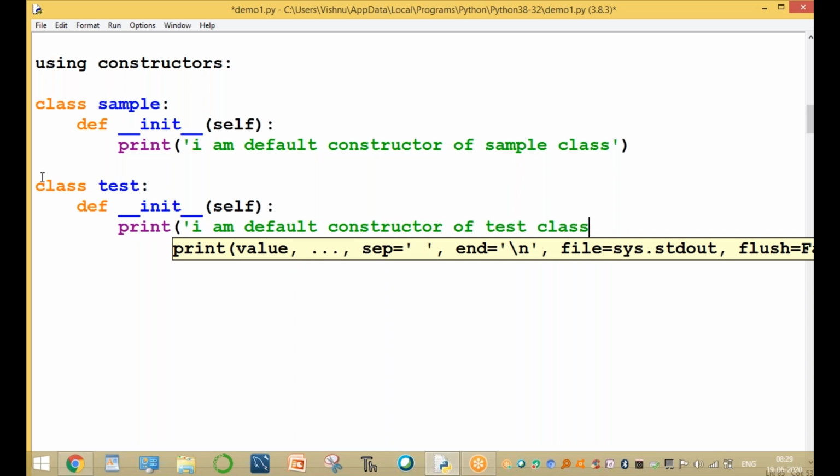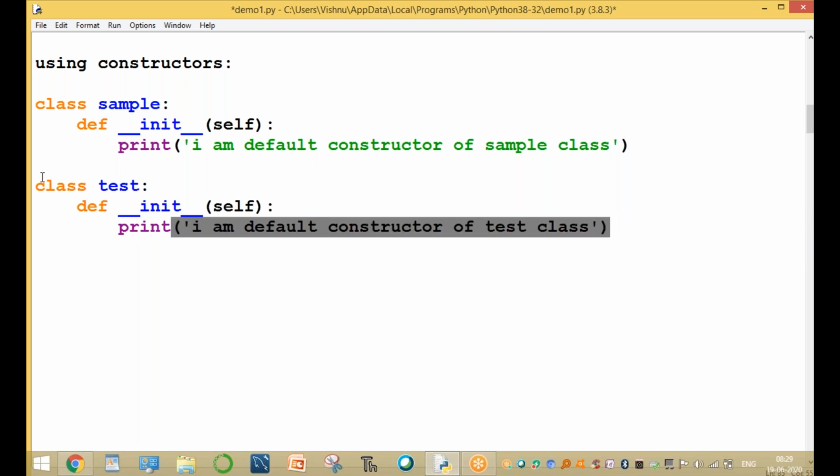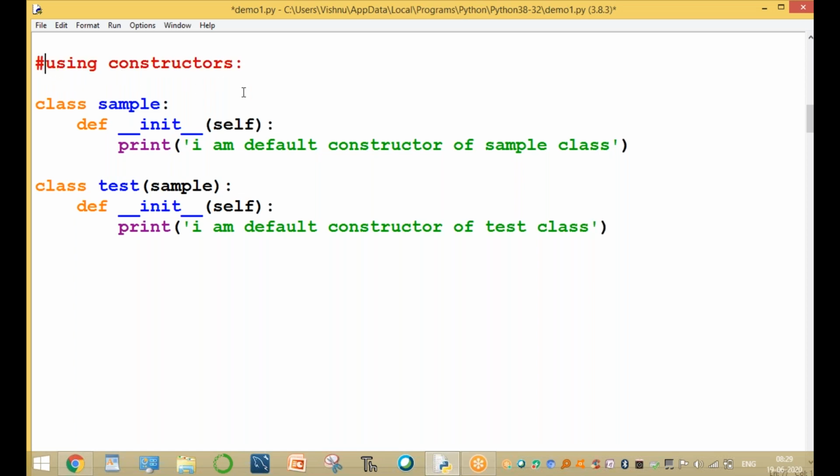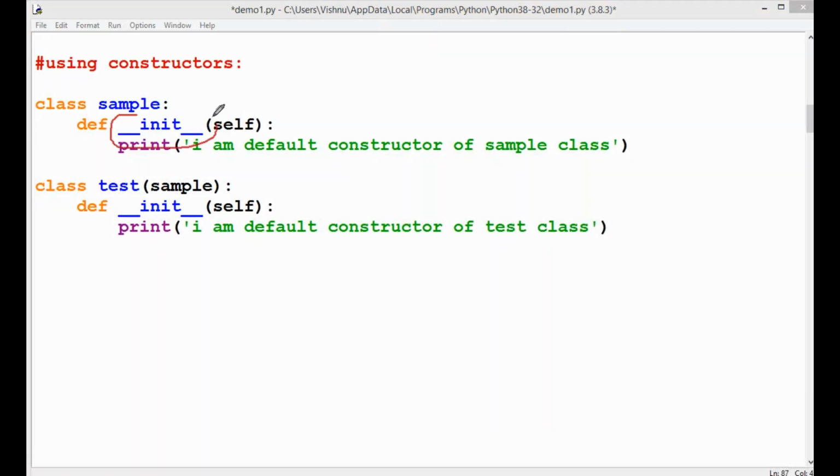Now whenever you are calling through inheritance, that means Sample, and using the constructor you implement class-based polymorphism. So it is also polymorphism. Polymorphism means the same function in different classes.